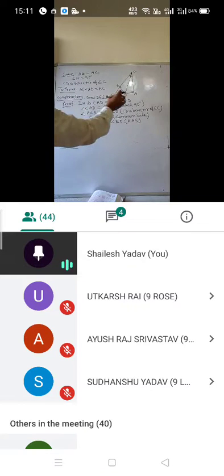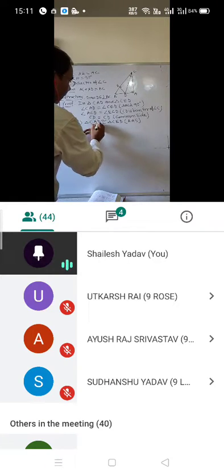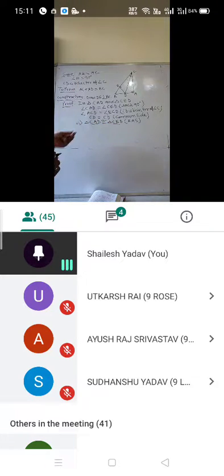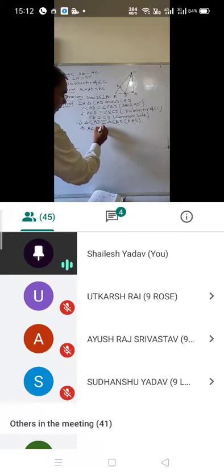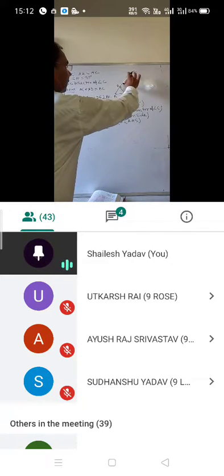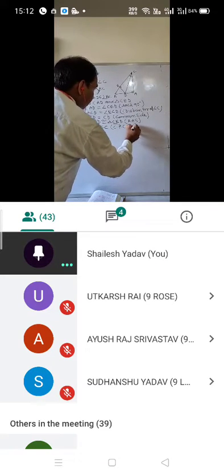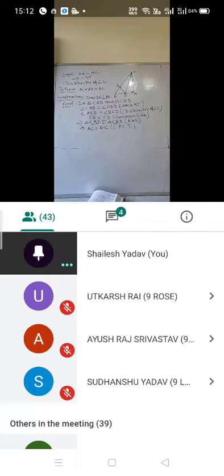So students, if both are congruent, then by CPCT you can write CA equal to CE. That can be written CA or AC equal to EC. Both are the corresponding parts. So here you can write, it shows that AC equal to EC. So AC and EC are equal by CPCT. Students, any problem in this statement?